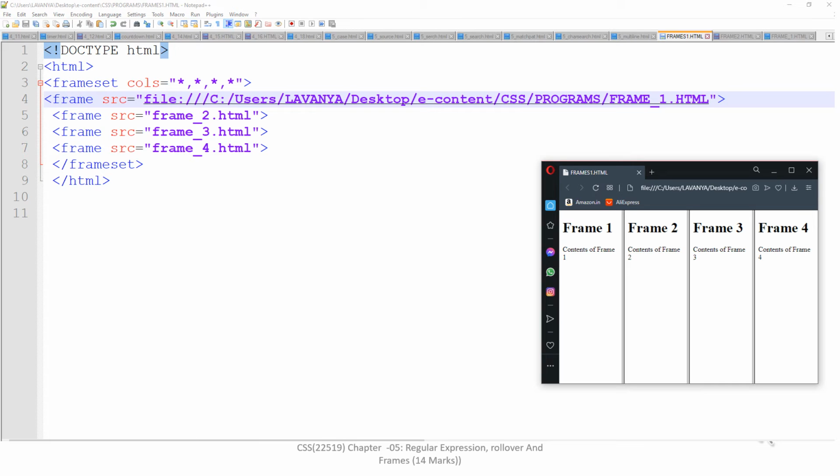We have to write here the proper path of our first document, which we have created already in this system. After executing this code, we will get this output. See here, these are the 4 frames, and all these frames are arranged according to the columns.